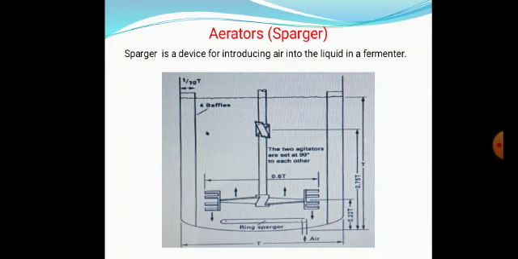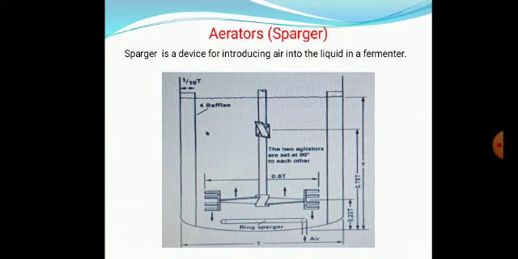In this diagram you can see that both aerators and agitators are highlighted. Agitators are also called impellers. It hangs from the top till 3/4 distance of the fermenter. From the middle of the fermenter, a thick tube goes down, which we call a shaft, and you can see two blades on both sides. This is the diagram of the agitator which you have already studied, and below that is the aerator.